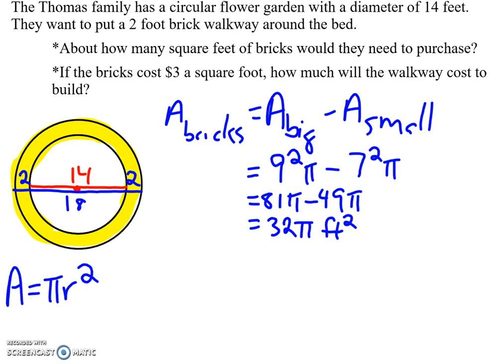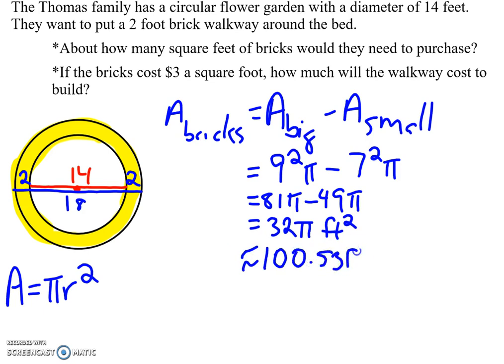So what we would do is approximate that. And again, if you do 32 times the pi symbol on your calculator, or if you use 3.14 or 3.1415, you'll get very close, and you'll get that this is approximately